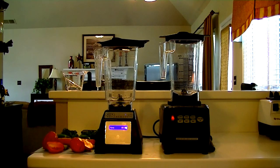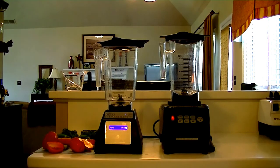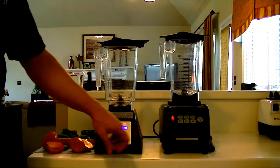Now, I'm not going to compare the Vitamix today because I've already compared the Blendtec with the Vitamix in the same test, so you can just extrapolate from this test how the Omni would stack up to the Vitamix in the exact same